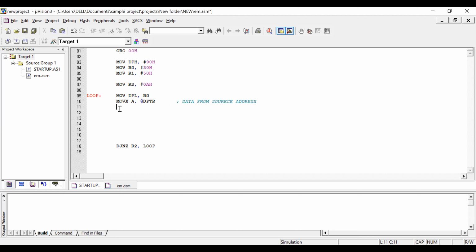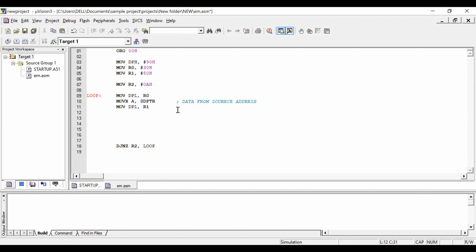In a similar way, move DPL, R1, which indicates the destination. So this 50H is moved to DPL.